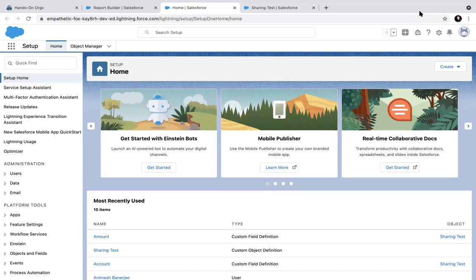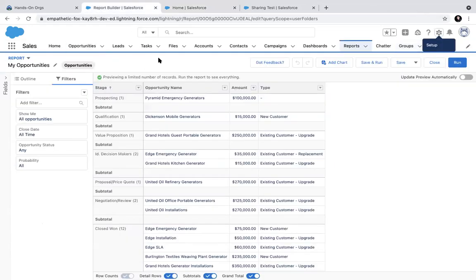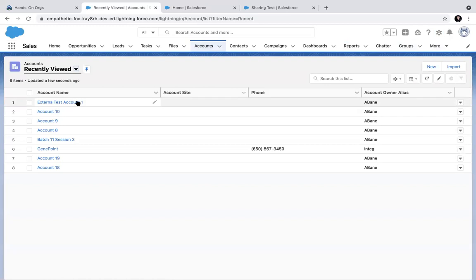So what is data deduplication and how can an admin resolve those issues? Data deduplication means probably you have created two accounts with the same name. If that happens, because Salesforce is not stopping you from doing that, right? If you go here, this is the external test account 1. If I create another account with the same name,